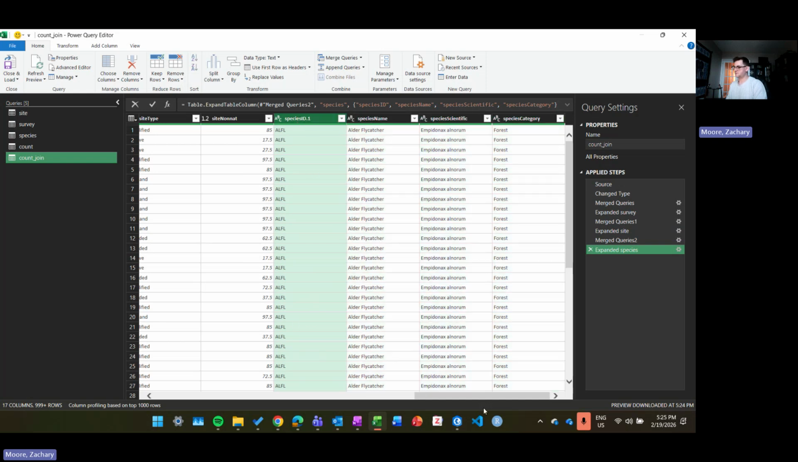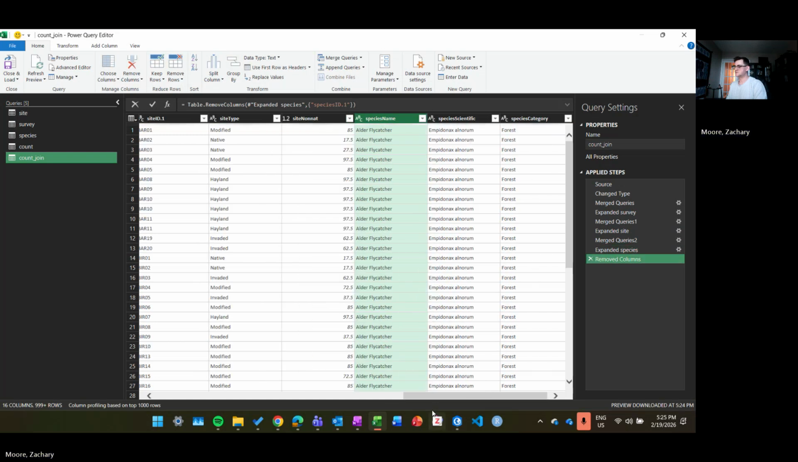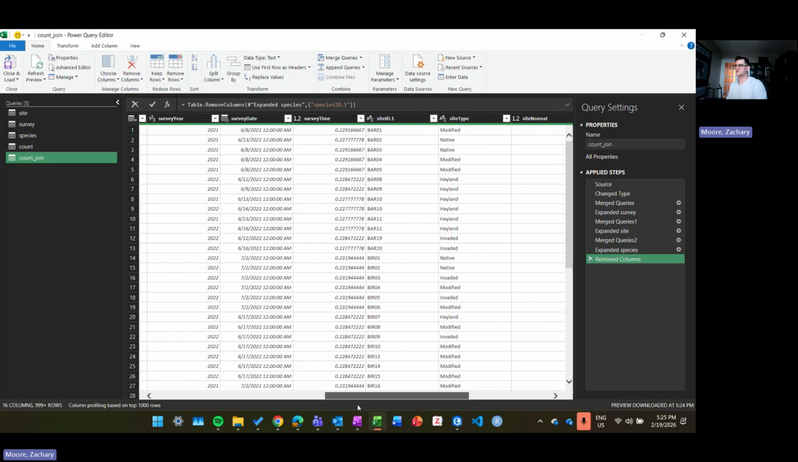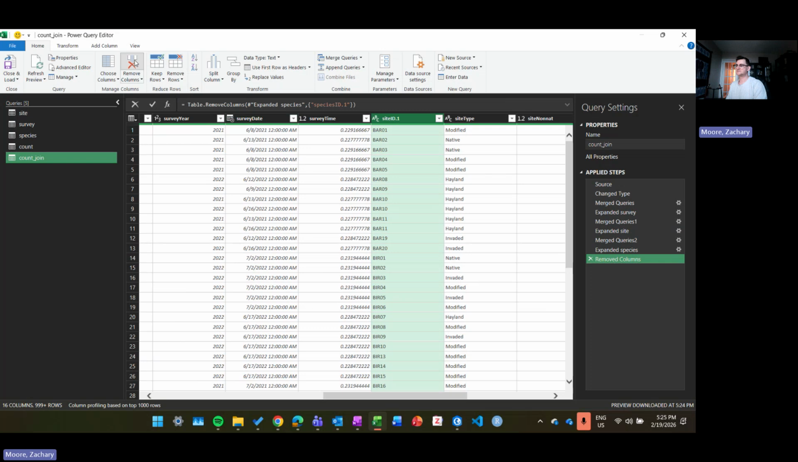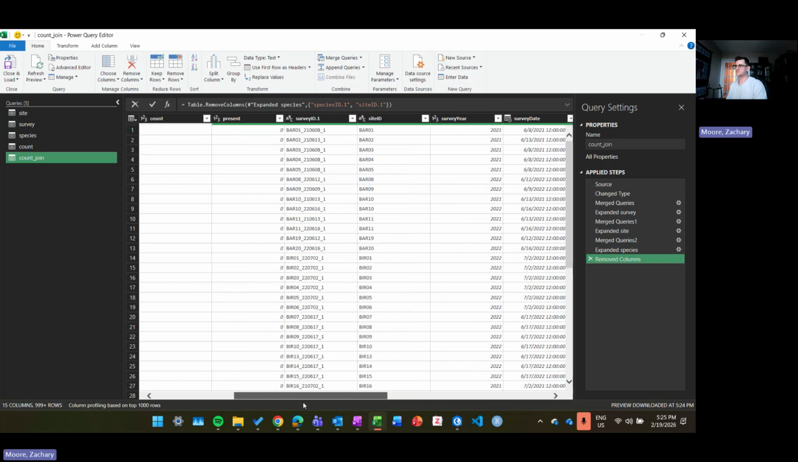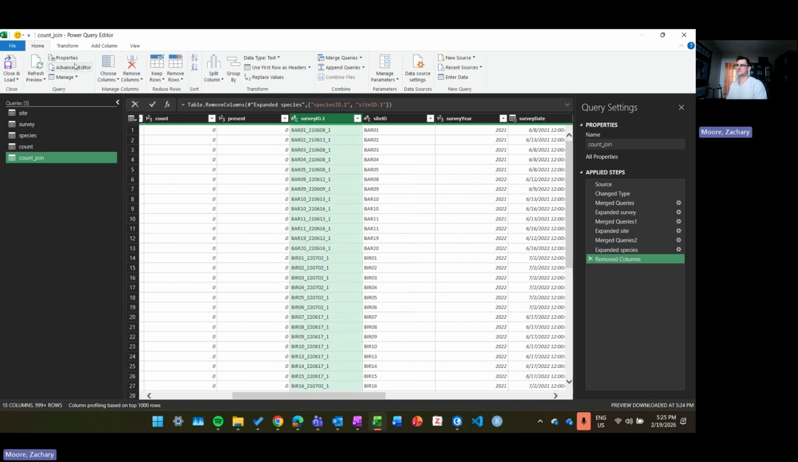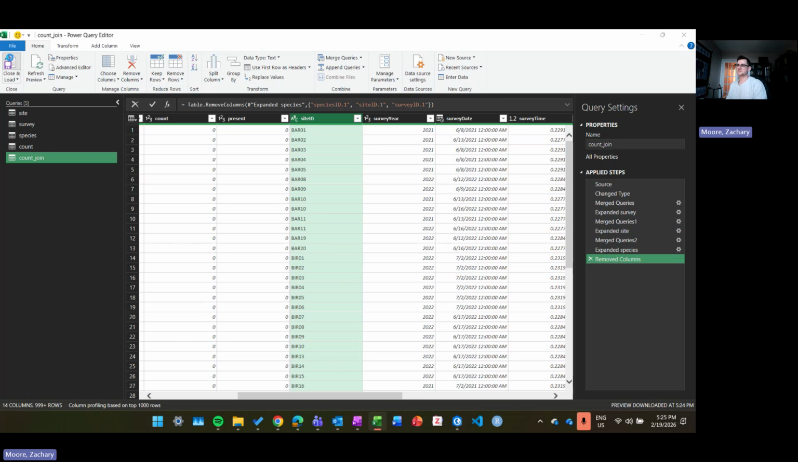From this, we can get rid of our duplicates, which might include our species there. We can get rid of our extra site ID, and we can get rid of our extra survey ID. And now if we close and load this,